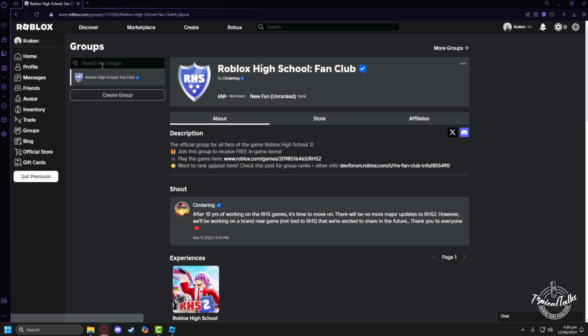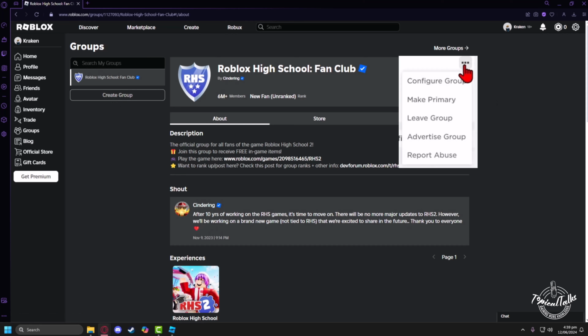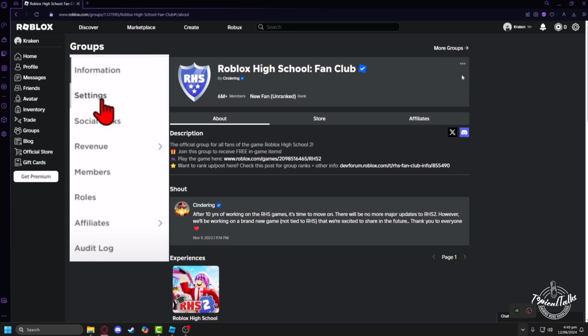From here select the group you added your game to. Then press on the three dots button, then click on the configure group button under it. After clicking on configure group, on the left hand side, a menu like this will pop up. From here you have to click on settings